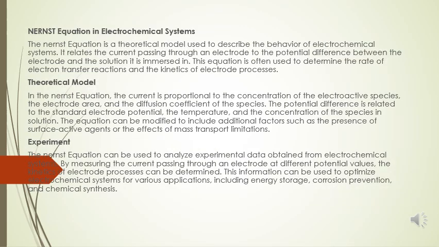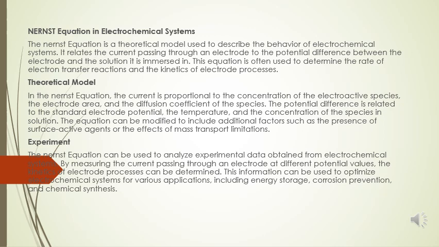In the Nernst equation, the current is proportional to the concentration of the electroactive species, the electrode area, and the diffusion coefficient of the species. The potential difference is related to the standard electrode potential, the temperature, and the concentration of the species in solution. The equation can be modified to include additional factors such as the presence of surface active agents or the effects